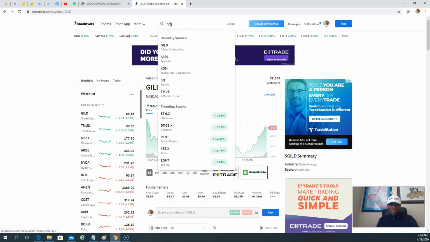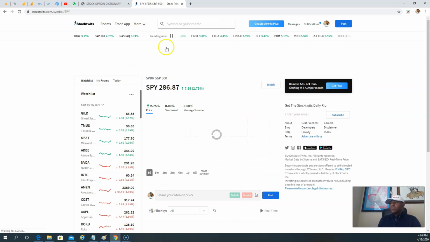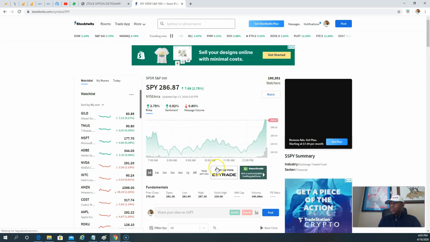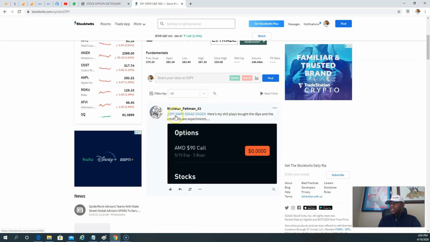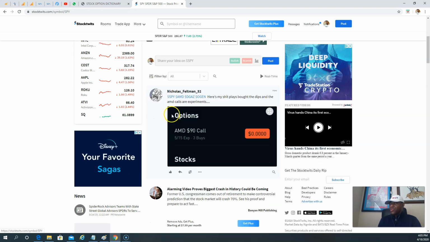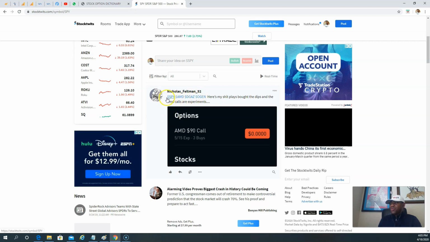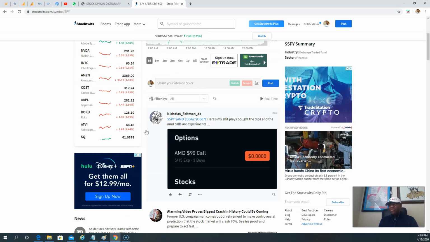If we go to SPY on here, SPY has 190,000. This is where most people can tag. Tagging is just the principle of putting the name of a stock. The way StockTwits works is that you put a $ in front of the symbol, and then it goes through. The article that we wrote a while back was to make some of you, especially newcomers, aware of the fact that